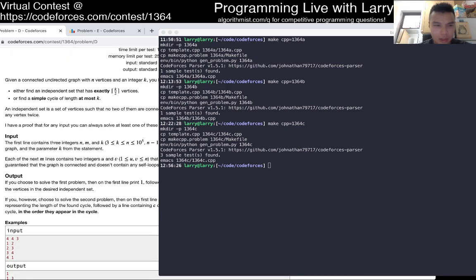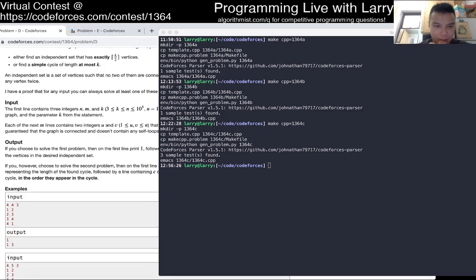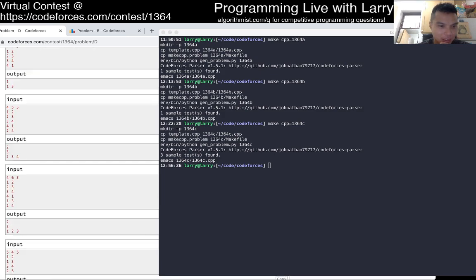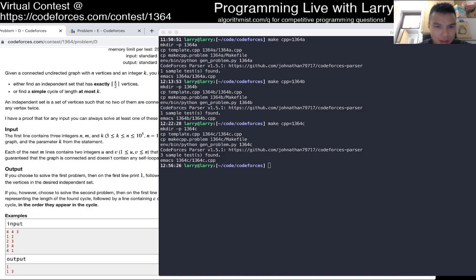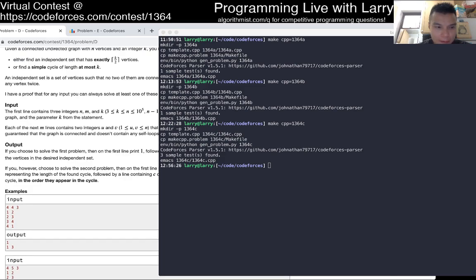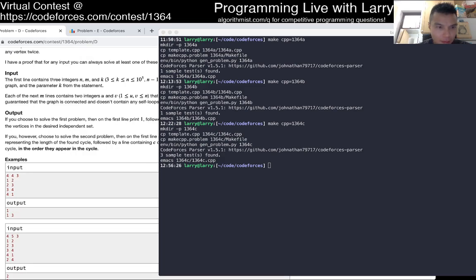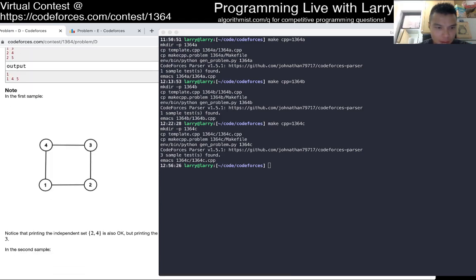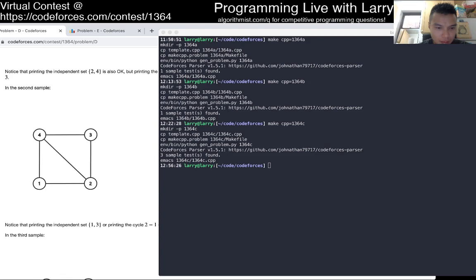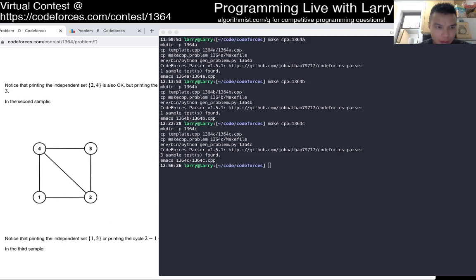A simple cycle is a cycle that doesn't contain any vertex twice. Because can you just go back and forth? Or am I really confused? In the first example, 2 1 4.